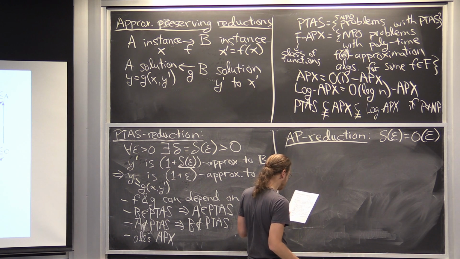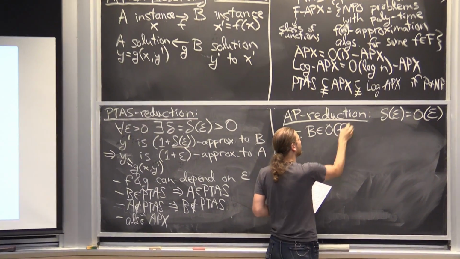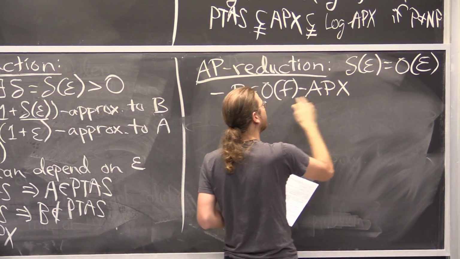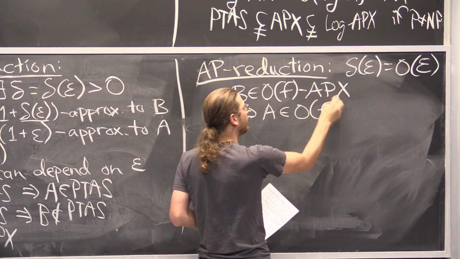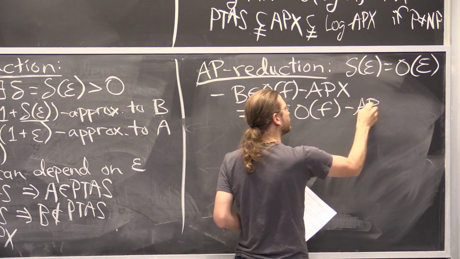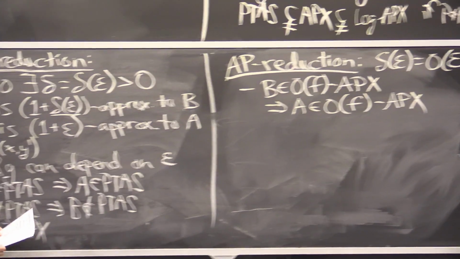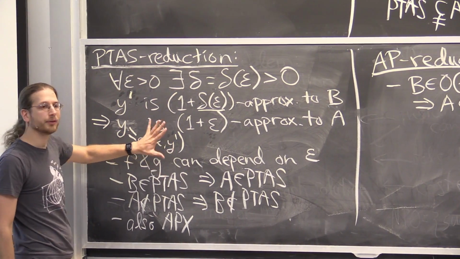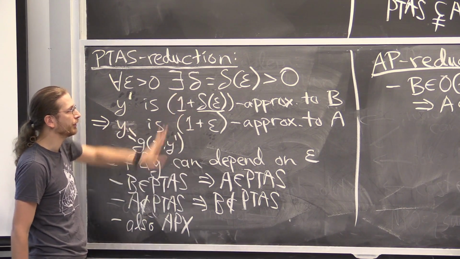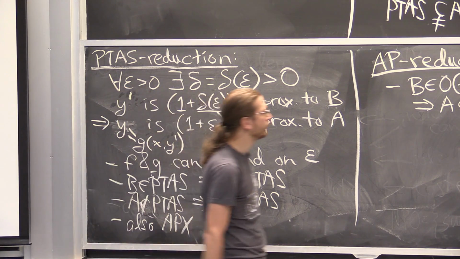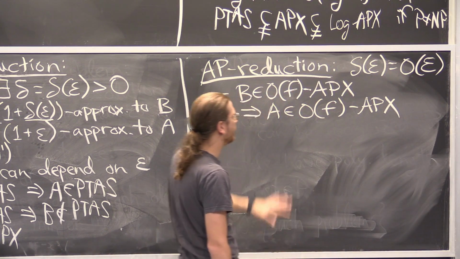And so this is nice because it tells you, for example, if B has some order f approximation, then A does as well. It just changes this constant factor. Okay, so this is useful if you care about, like, log n approximation. If you use this definition, things could change, right? Because you're allowed to change what the factor is out here in crazy ways. So over here, if we force just a linear blow up in the approximation factor, then we only lose constant